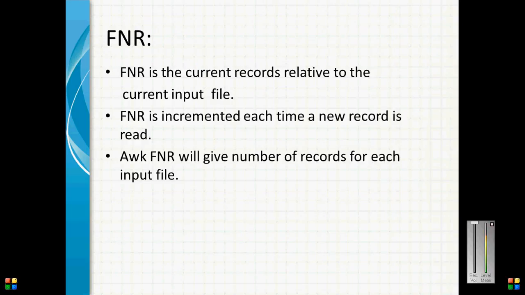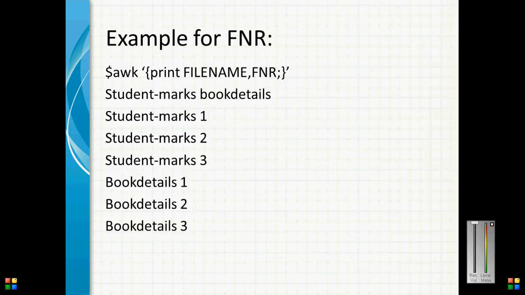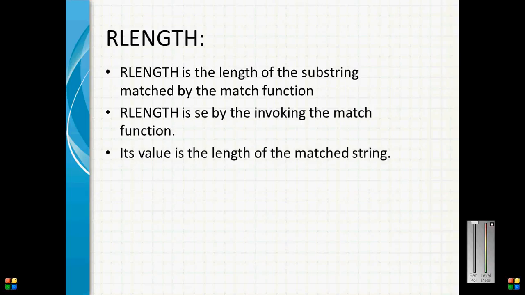FNR. FNR is the current record number relative to the current input file. FNR is incremented each time a new record is read. awk FNR will give the number of records for each input file. Example for FNR: